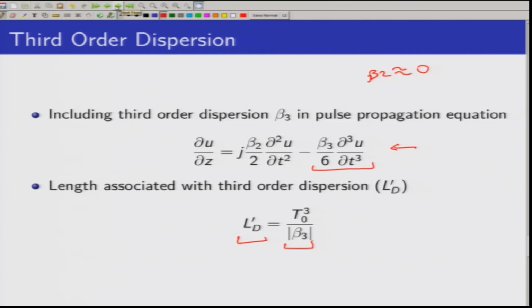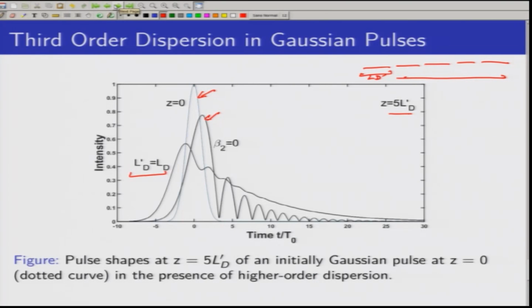And then we saw the effects of third order dispersion. We saw the cases where third order dispersion can come into play, such as very narrow pulses and operating wavelengths near the zero dispersion wavelength, and we associated a length with the third order dispersion as well. Then we saw what third order dispersion does in the case where beta 2 is equal to 0, and we also saw what happens when beta 2 and beta 3 both come into play and are comparable: we see significant broadening, the pulse becomes asymmetric, and it also has some oscillatory behavior at the leading or the trailing edge depending on the sign of beta 3.